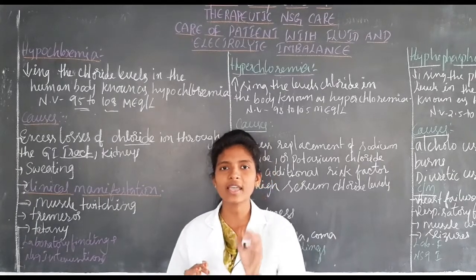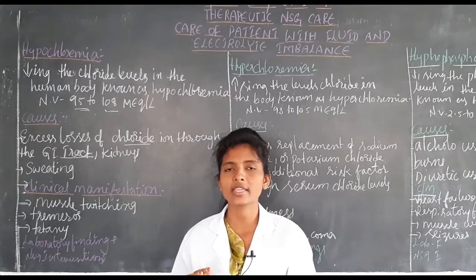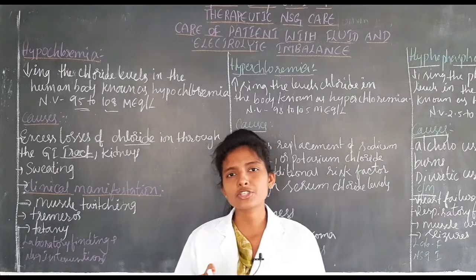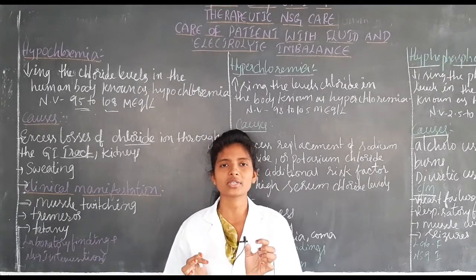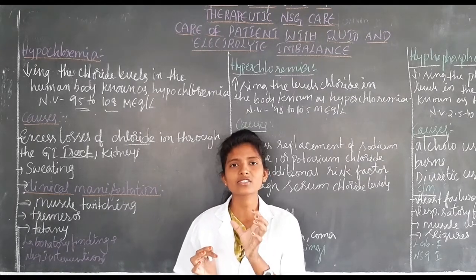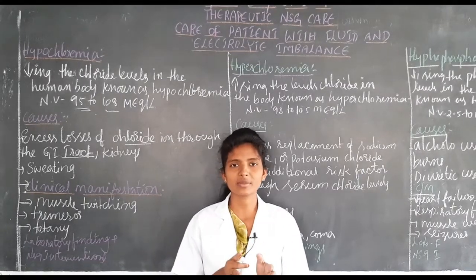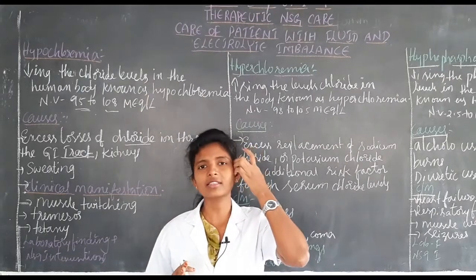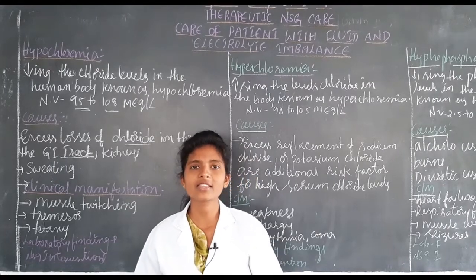The patient is having low chloride, so there is a decrease in the levels of chloride in the body. To improve the chloride, what does the nurse have to do? According to the physician order, the nurse has to administer the medication, with the correct drug and correct dose. And she has to observe everything while administering the medicine. Before administering the medication, she has to observe the patient's condition. After administering the medication also, she has to observe whether any side effects are present or not.